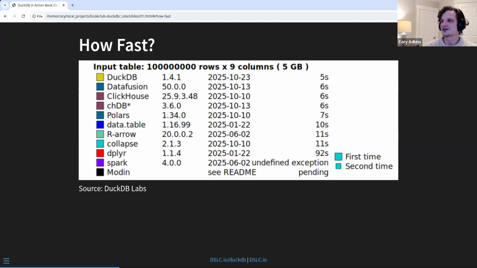But you can see there's a huge drop off after dplyr, and then there's a middle section of faster data frame libraries from R, like data table and collapse. And then all the leaders are products that are maybe more like polars or DuckDB. And I actually think ClickHouse and DataFusion are a different kind of product entirely, and I don't know what chDB is, but